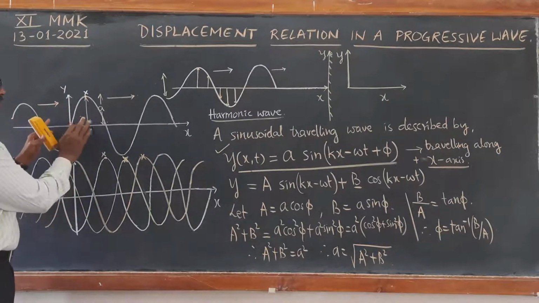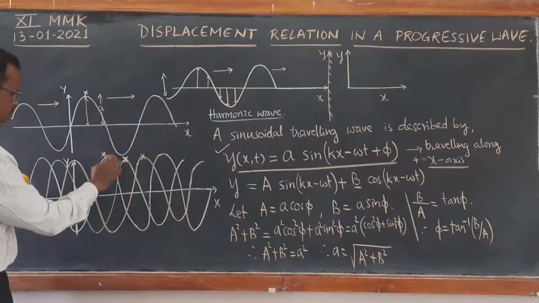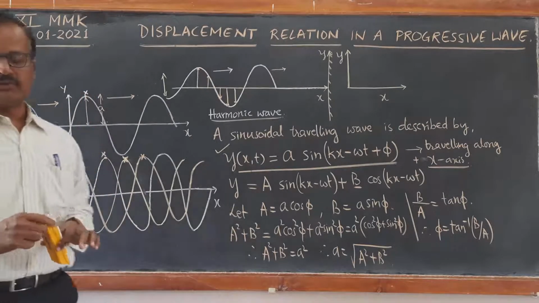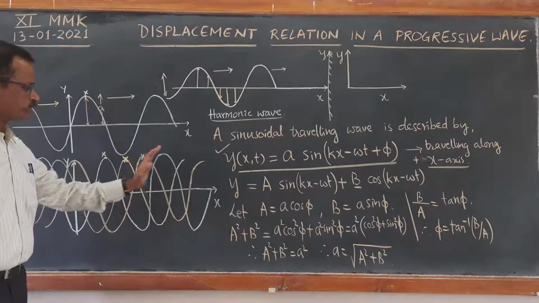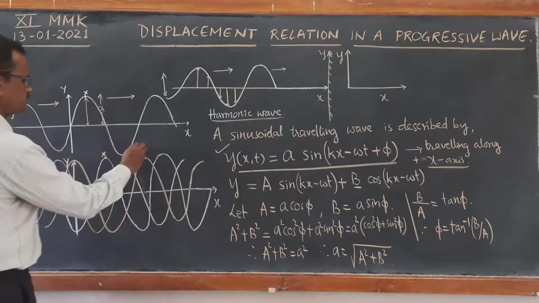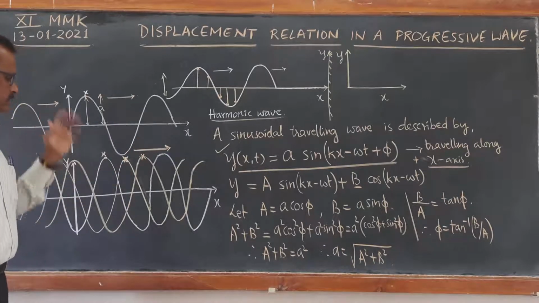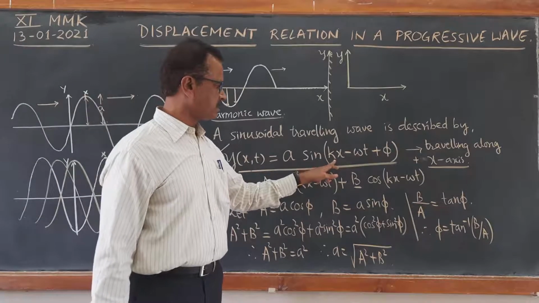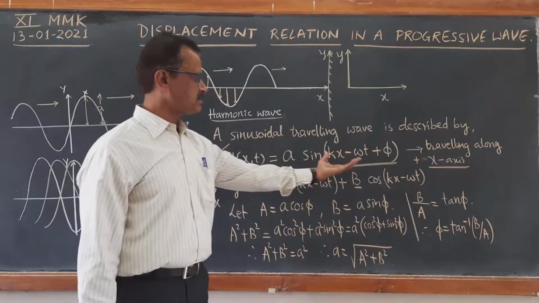So here this is the photograph at a particular instant. Next I have drawn one more. If you are observing, the crest is the position of maximum displacement. This crest is observed to be moving with respect to space as well as with respect to time. That is the meaning of a progressive wave along a particular direction. Now let us see the meaning of these constants k and omega as well as the meaning of the phase phi in this argument.